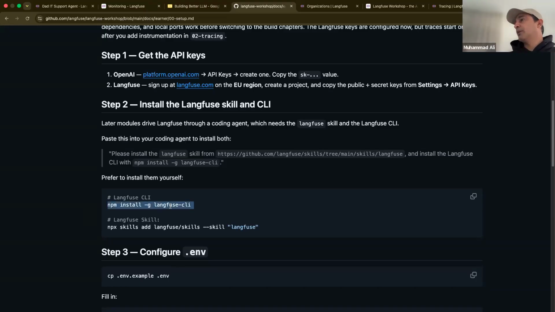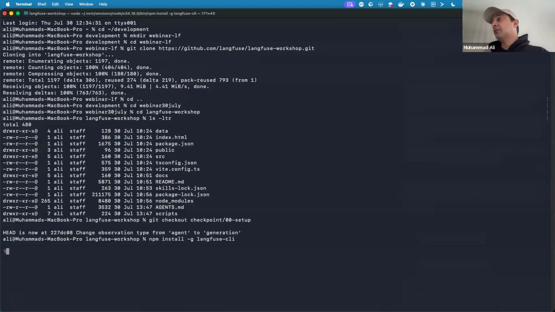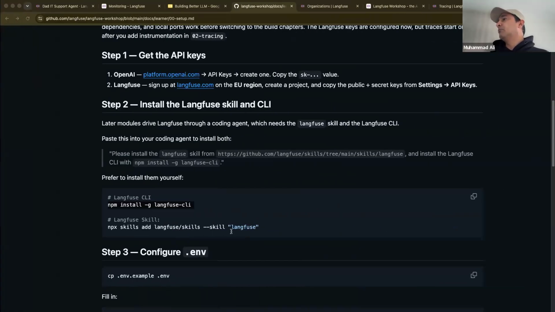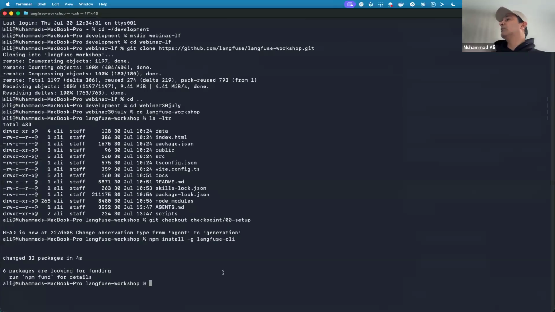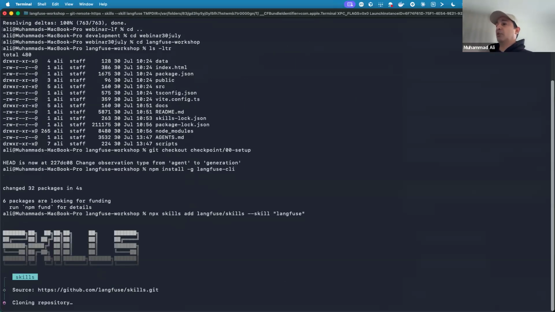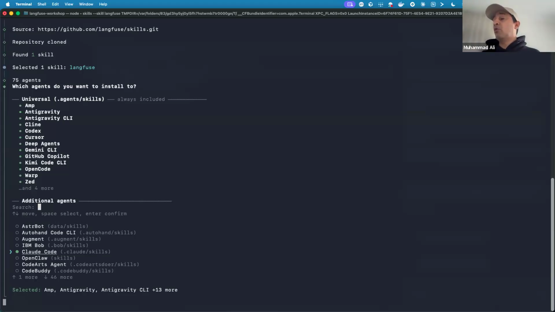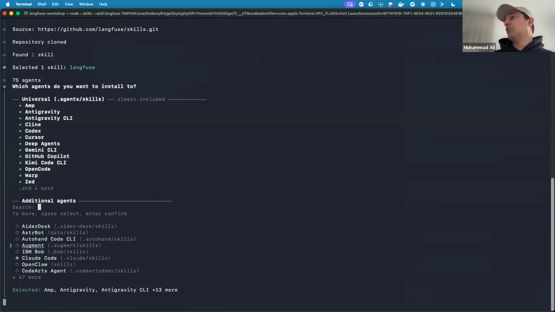Now, the first two commands we are going to run will install the CLI for Langfuse. I haven't run this command on Windows, so if it doesn't work, then it's okay. We need it for later modules. You pick the code harness or the AI tool that you use. There are a bunch of AI tools that you can install these skills in. If you have Claude, you can select Claude.